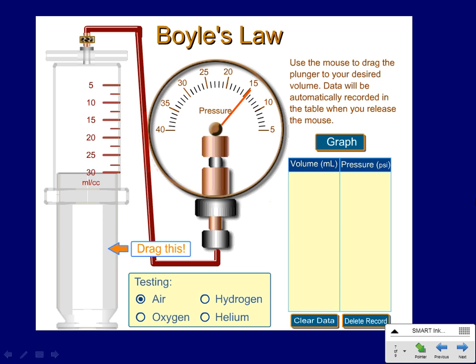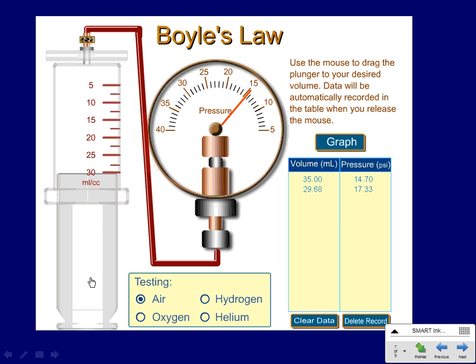The first number I'm going to give you is 30 milliliters. So I'm just going to click on it. Now take a look. It reads 35 milliliters, and that's because there's a little bit of air in the tube as well. So your first data point, 35 milliliters, is 14.70 psi. Now I'm going to push this into about what reads as 25, and I'm going to let it go. And this is reading